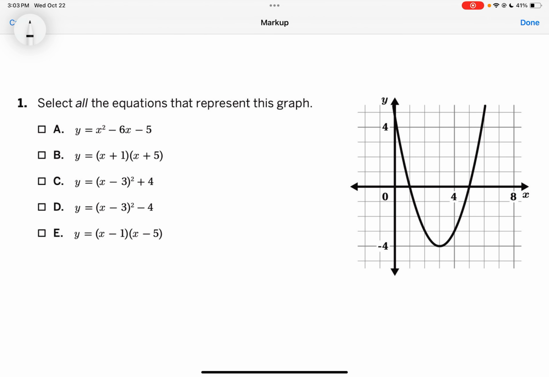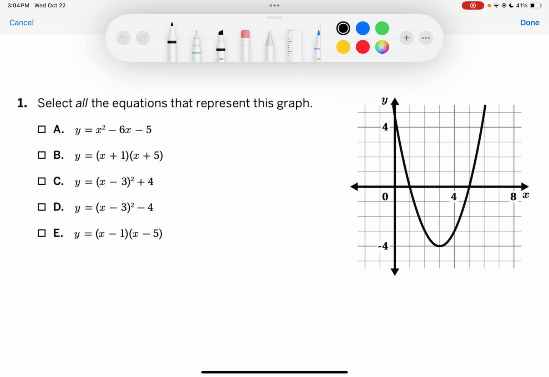For this question, you want to think of this as a multiple choice question. So you want to look to see which one of these are true and which one of these are false. So let's look to see which ones are going to work for the graph. All right, so the easiest one to come up with is when we find the factor form, because I can